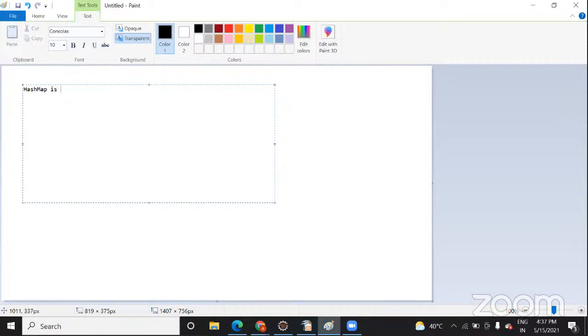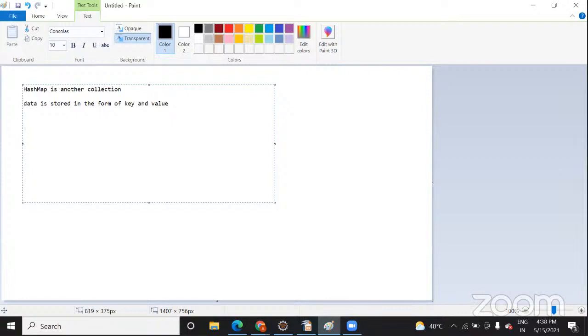So hash map is another collection where data is in the form of key and value. I will tell you what is key and value. Have you ever seen a JSON file? No. Okay.